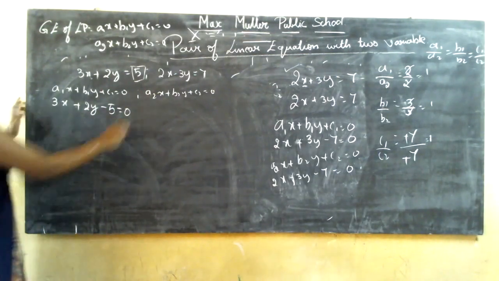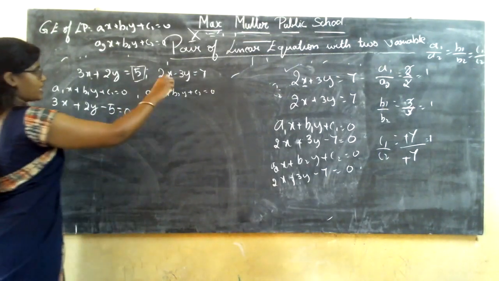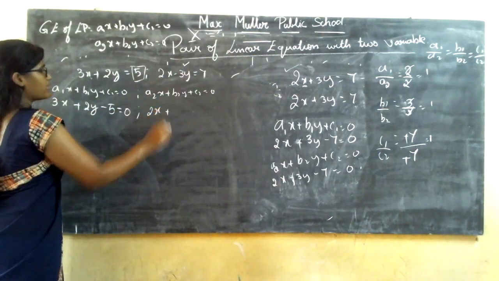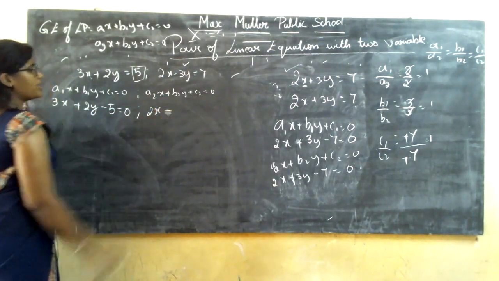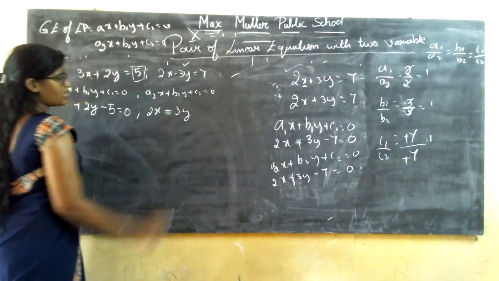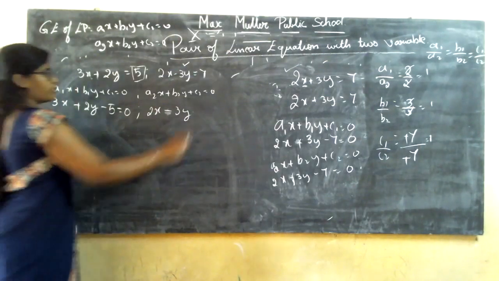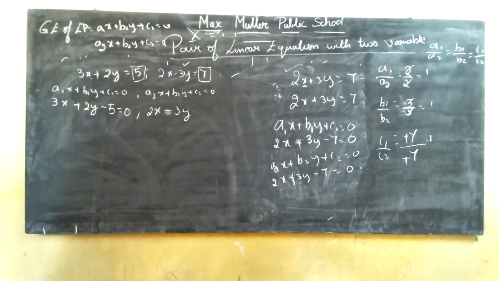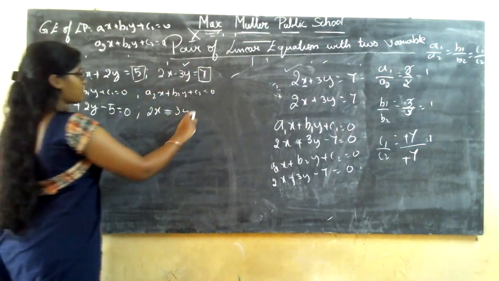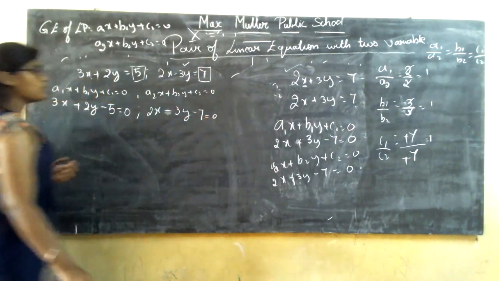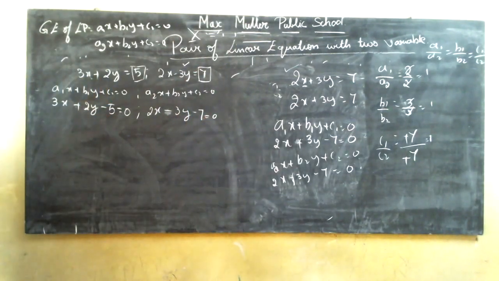Now, if you write it for the second equation, it is taken as 2x. So the x terms are written under each other. Then you have minus 3y. So the minus sign has been written and 3y is also written. 7 is a constant which has been written on the right hand side and should be taken to the left hand side. If plus 7 is taken to the left hand side, what happens? It is minus 7, which is equal to 0. Now the equation is ready for you.